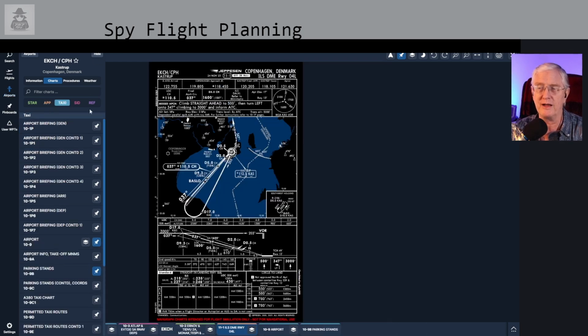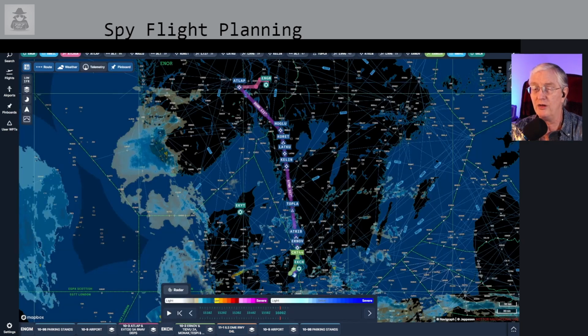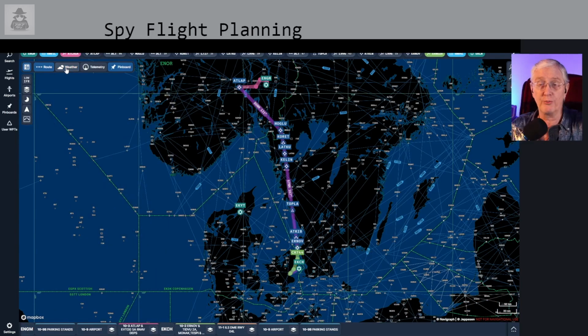We'll also grab the parking stands. And now if you look, you can see we have a whole stack of charts down here in the order that we need them. And we've also pre-briefed ourselves, so we kind of know what to expect. And if you go and do that, when you finally get into your simulator cockpit and you've called up VATSIM and you're getting your clearance, you've already got an idea of what to expect. And that's just what makes it an awful lot easier